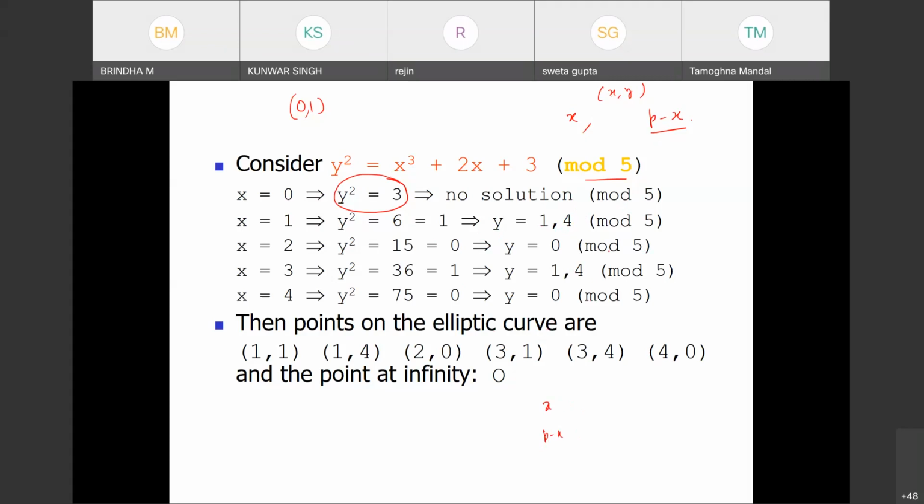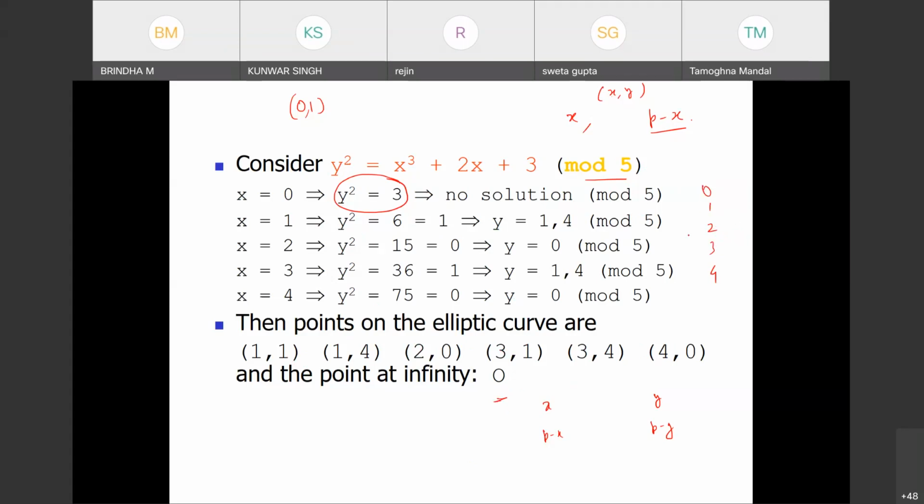In this case, y. If y is a solution, then p minus y also will be. If you put p minus y, this also will be 0. Same. Instead of y, p minus y. So in this way, only these many points should be there: 1, 2, 3, 4, 5, 6, 7. Only 7 points are there. Otherwise, if you see 0, 1, 2, 3, 4, 5 points, 5 into 5, it should be 25.